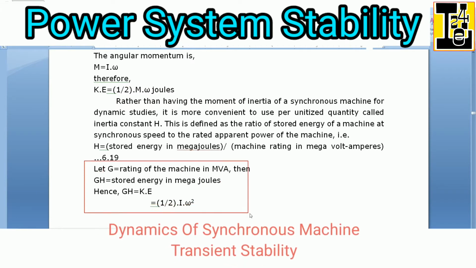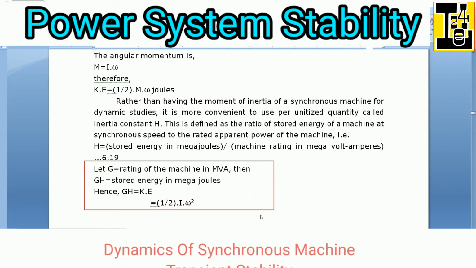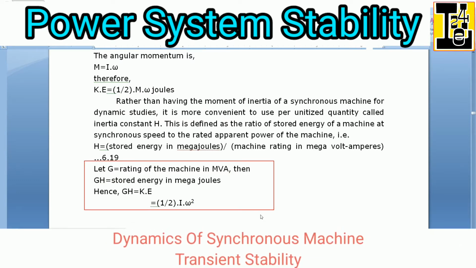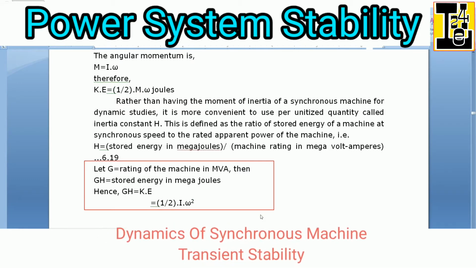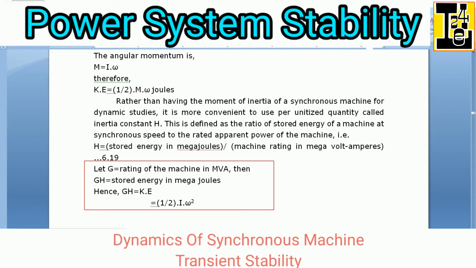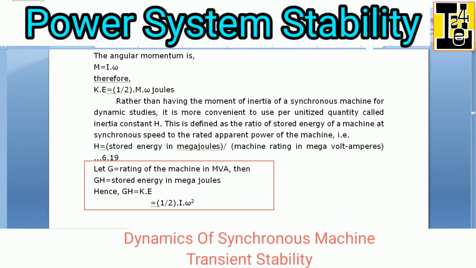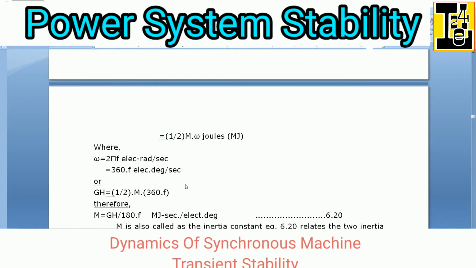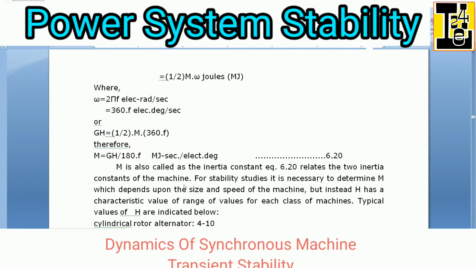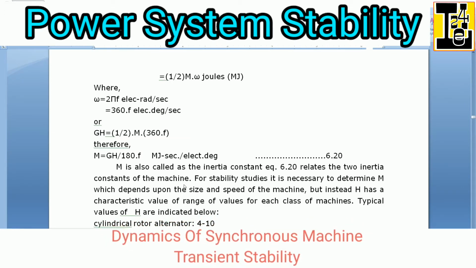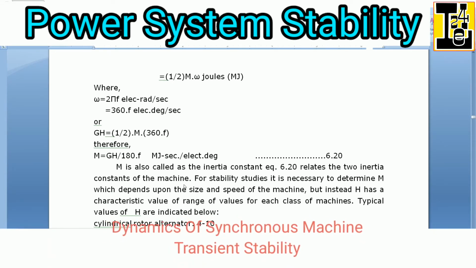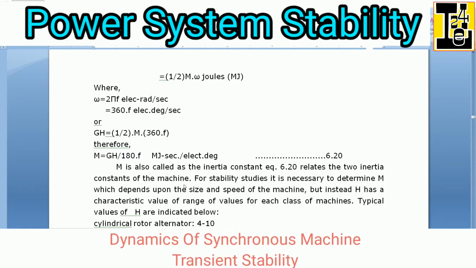Let G be the rating of the machine in megavolt ampere, that is the MVA. Then G into H equals stored energy in megajoules. Hence GH equals KE, that is equal to half into I into omega square, that is equal to half into M into omega in megajoules, where omega equals 2 pi f in electric radian per